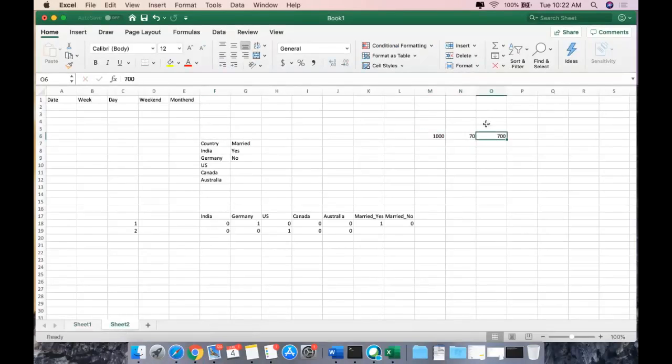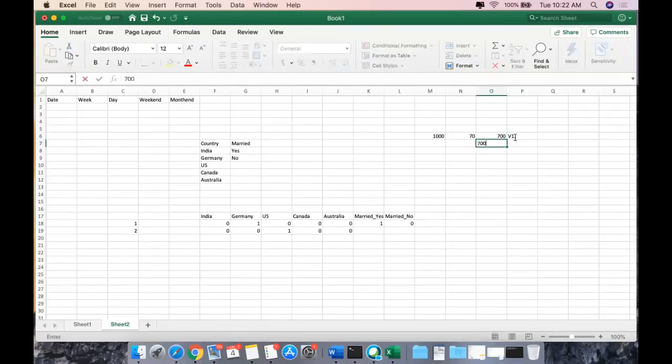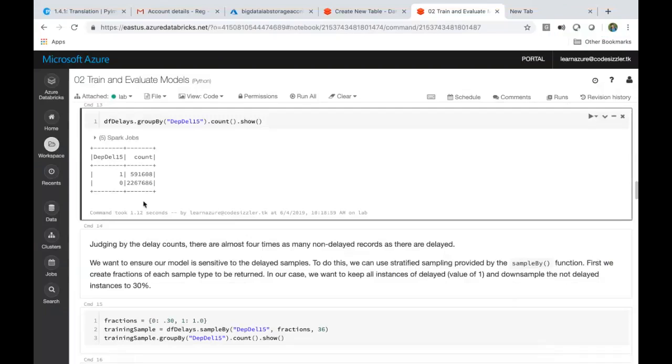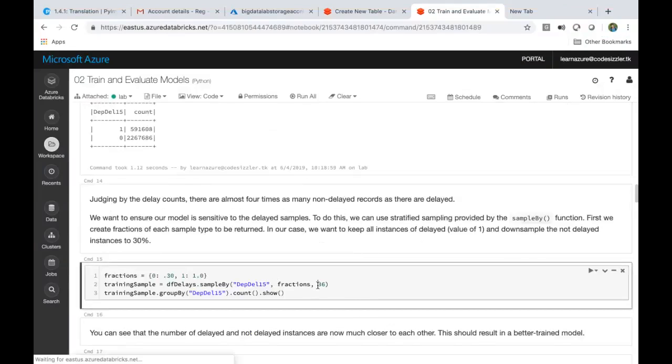So this is version 1, the first time I executed it. Again it takes 700 records from this dataset, which is version 2, and this data and this data are not the same, right? Because I'm taking random data, not static data. Sample is by default random, so you will not be able to take the exact same data set always. So in order to have the same data set, we need a hash mapping, a key value pair, saying that whenever I give this key as 36, take the same data set you took last time.